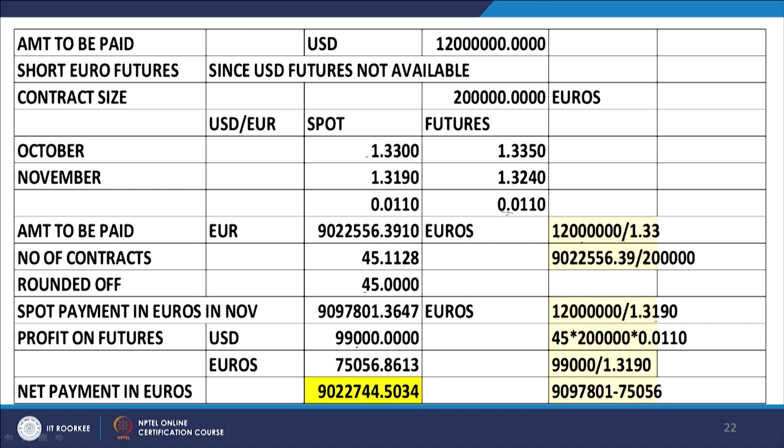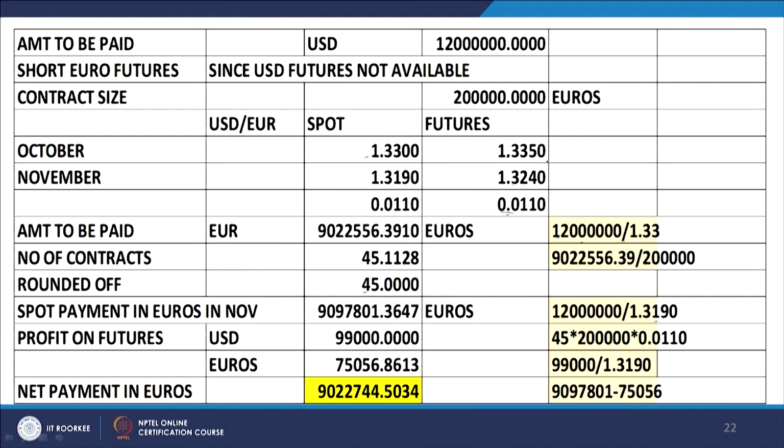Therefore, the profit that he makes in US dollars on these 45 short euro futures is given by the difference of this